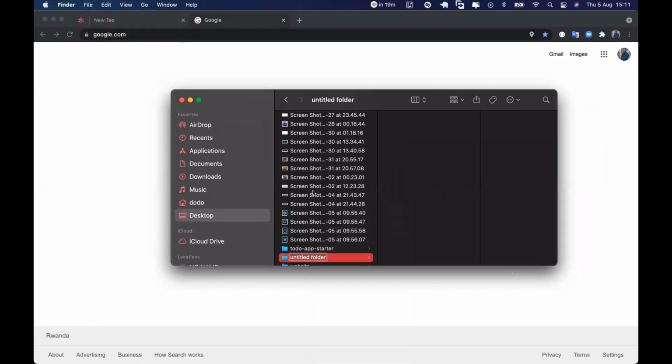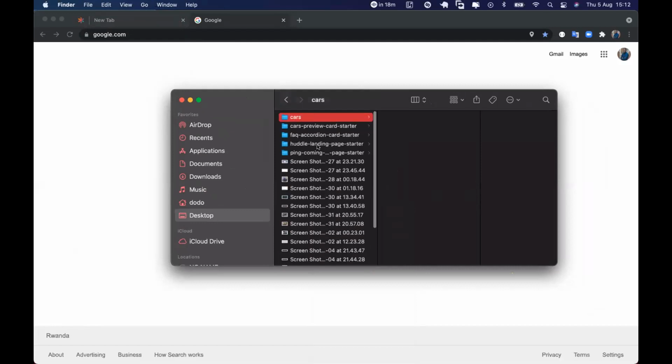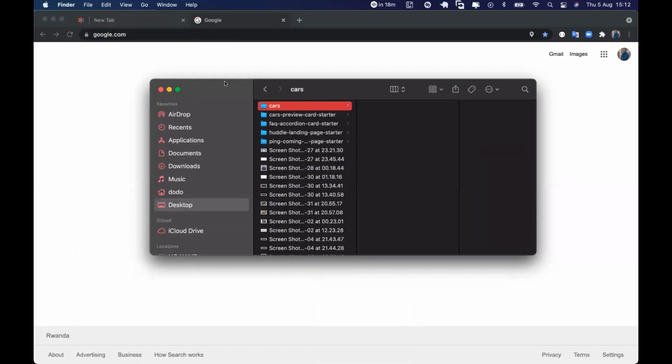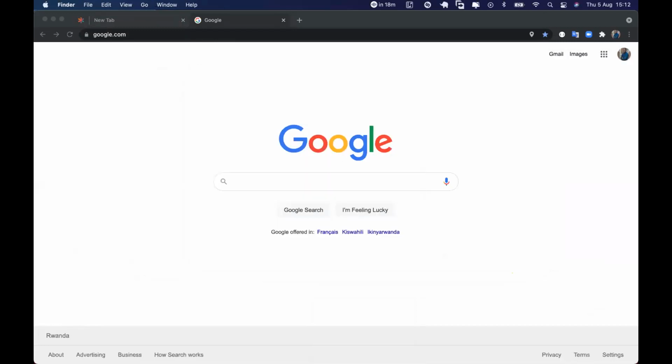We're going to be creating a new folder here and call it cars. That's our project, and what we're going to be doing is opening this with VS Code. There's nothing inside, but for the sake of knowing where we're going to put the design that we have created,